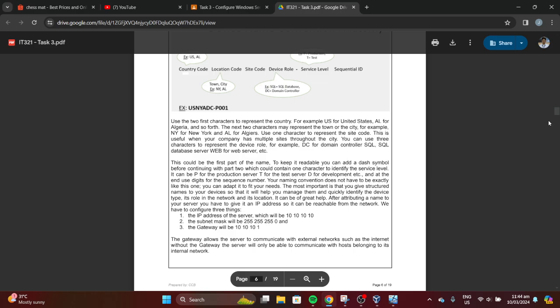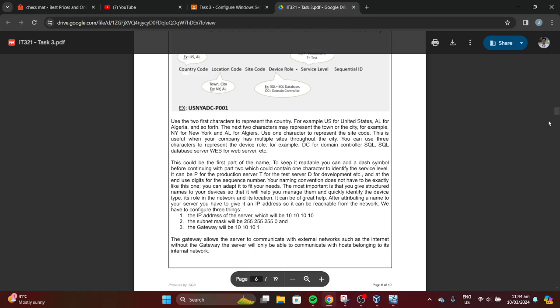To keep it readable, you can add a dash symbol before continuing with part 2, which contains one character that identifies the service level. It can be P for the production server, T for the test server, D for development, etc. And at the end, use digits for the sequence number.